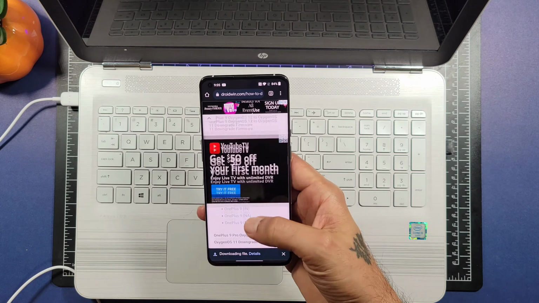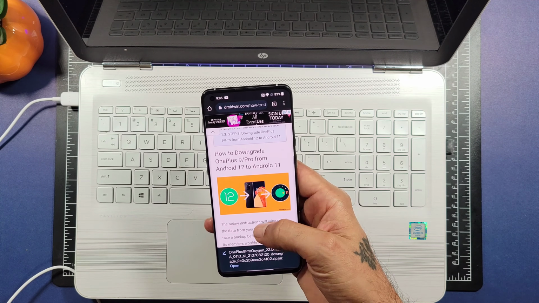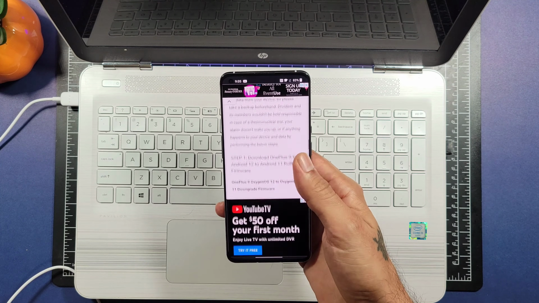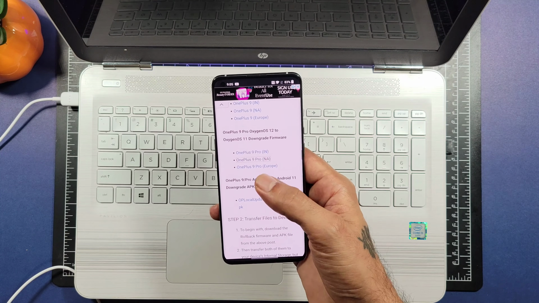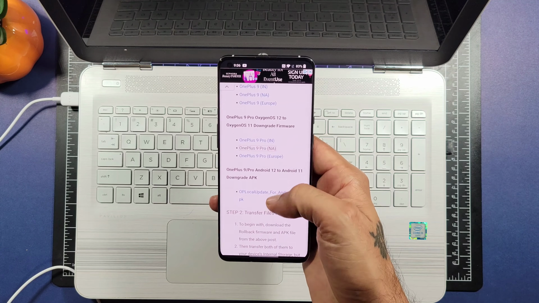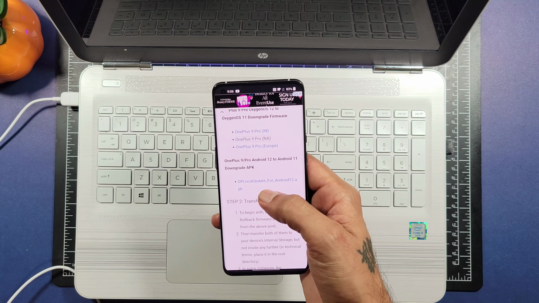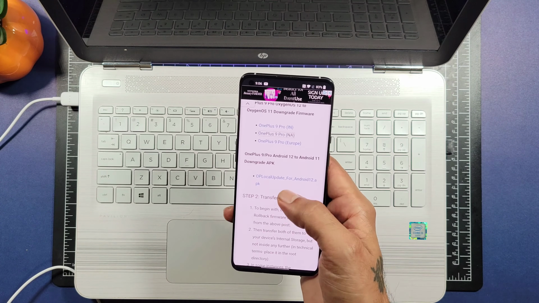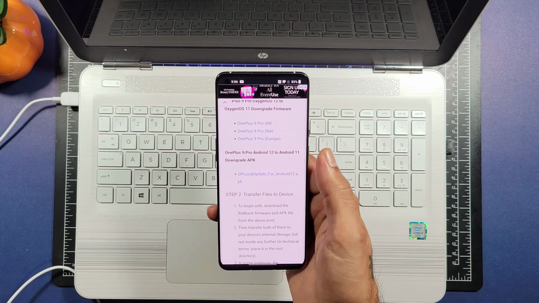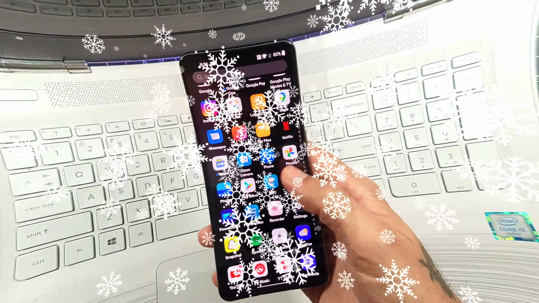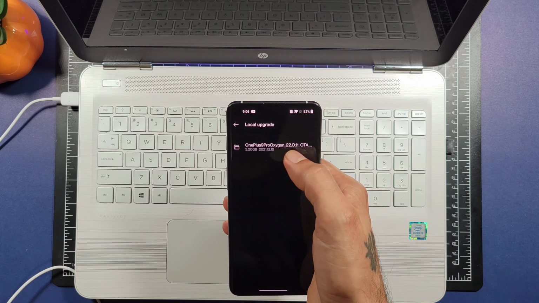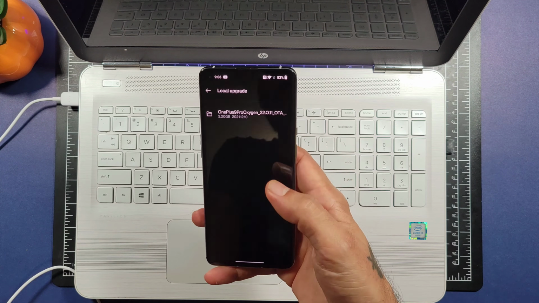I went ahead and downloaded the rollback of Android 11. I'll post a link in the description down below. That way, if you guys want to do this, it's pretty simple. You just download the firmware to your OnePlus, like for instance, this one will be OnePlus 9 Pro for North America. And then you'll have local update APK. When you download this update, you're just going to want to rename it and take the zip off of the file name and then install it like a normal application right here. And then you click on the little gear icon and boom, your update would be right there to downgrade back